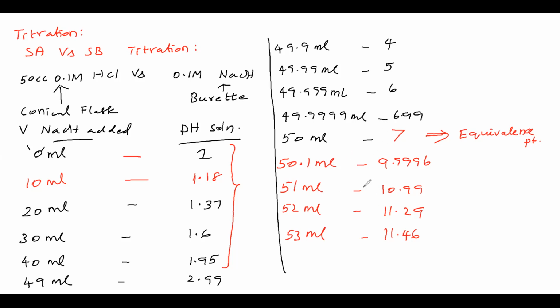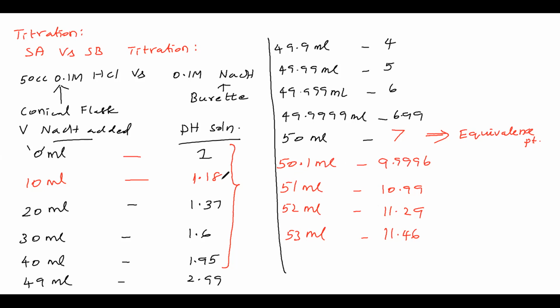On crossing the equivalence point, you see how much the pH is changing. On crossing the equivalence point, the pH changes drastically. That means from step to step, you take 1 ml. How much pH increase? See, 4. Now 1 ml. Here how much increase? Just 0.3 or 0.4. Just 0.3. Here 1 ml. Just how much? 0.2. So near the equivalence point, the pH changes drastically. After the equivalence point, if the point is going away from the equivalence point, then the pH change is small, isn't it?